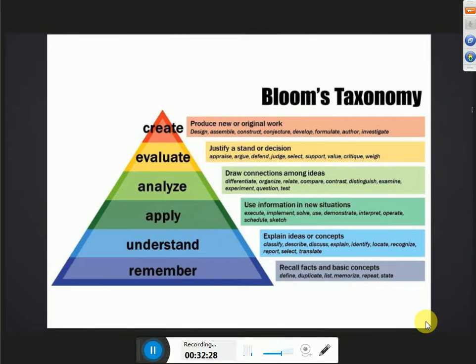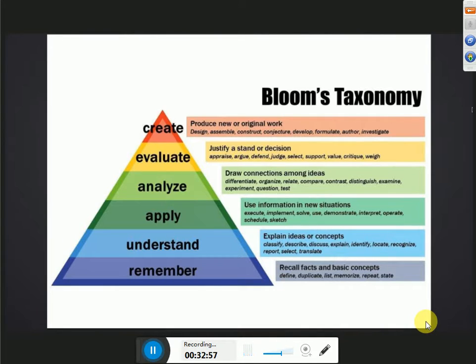Explain the difference between, now it's not just the definition, now they're explaining a little bit more than just defining something. So classify, describe, discuss, so then now they have to write some communication. So there's some language that they have to go through to explain, to communicate their ideas